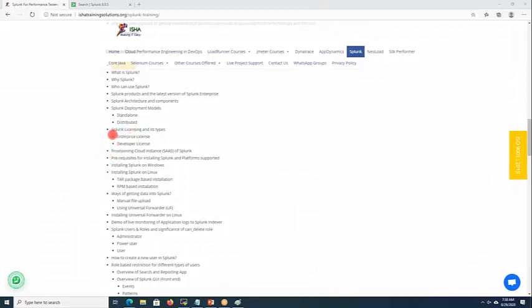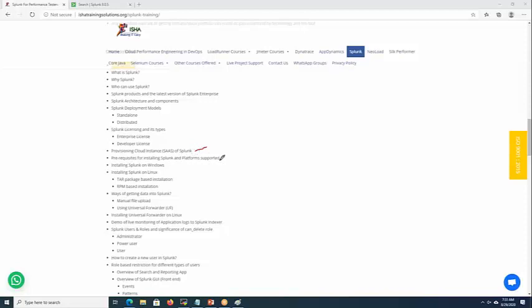We'll be discussing the licenses. Basically, there will be two types of licenses: enterprise license and developer license as well. And one more thing: Splunk will provide a 15-day trial period for a SaaS application. So if you don't want to install Splunk and you want to practice, there is a SaaS application available. You can log in to it, create one, and start working on it.